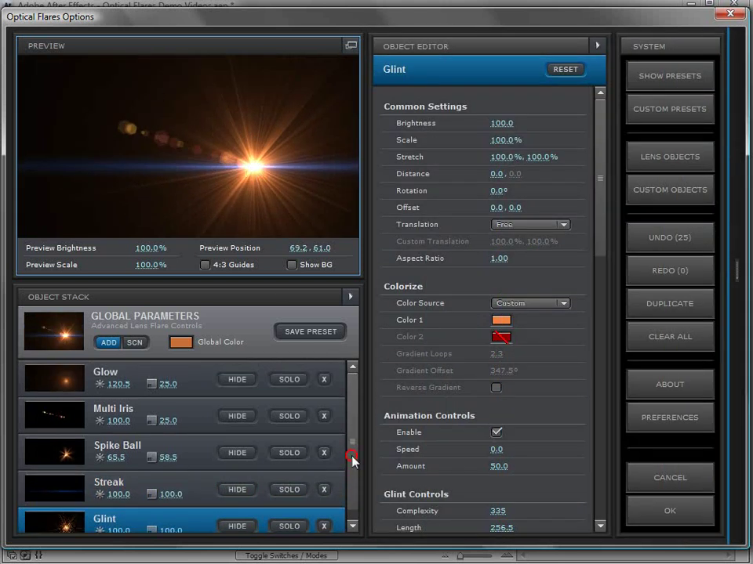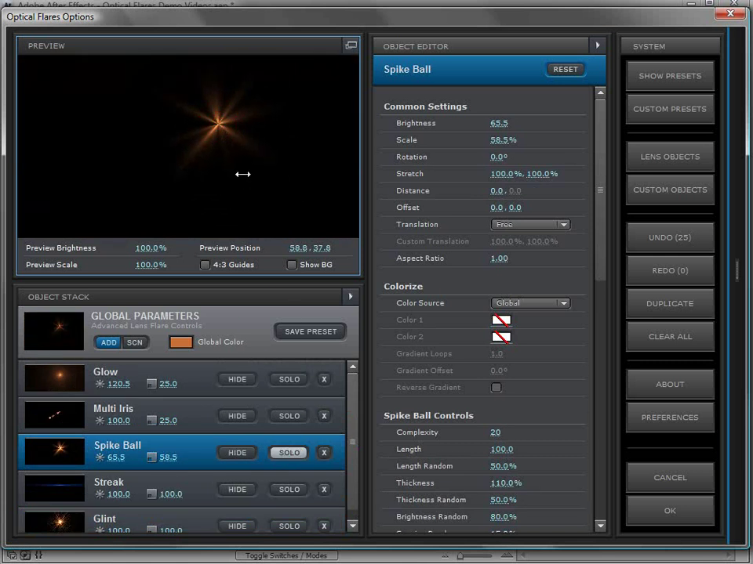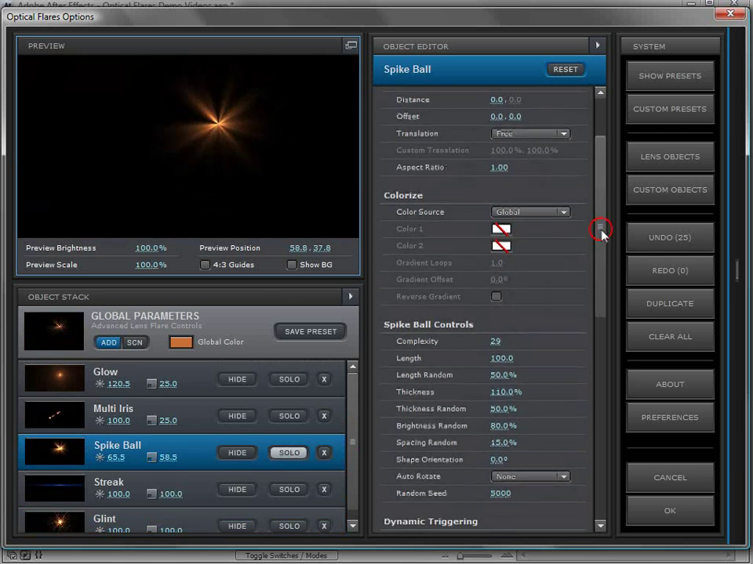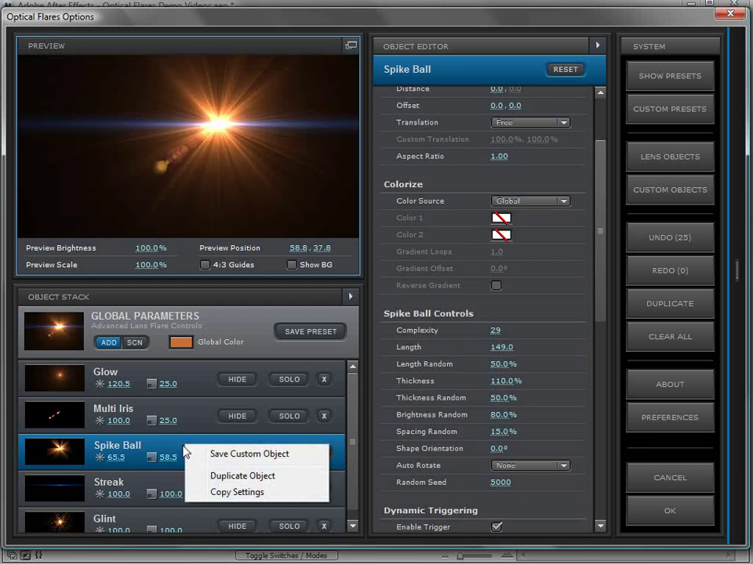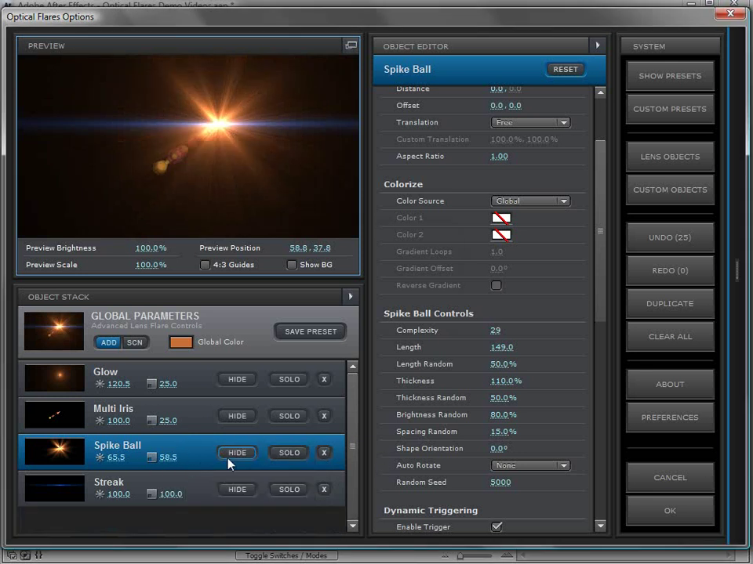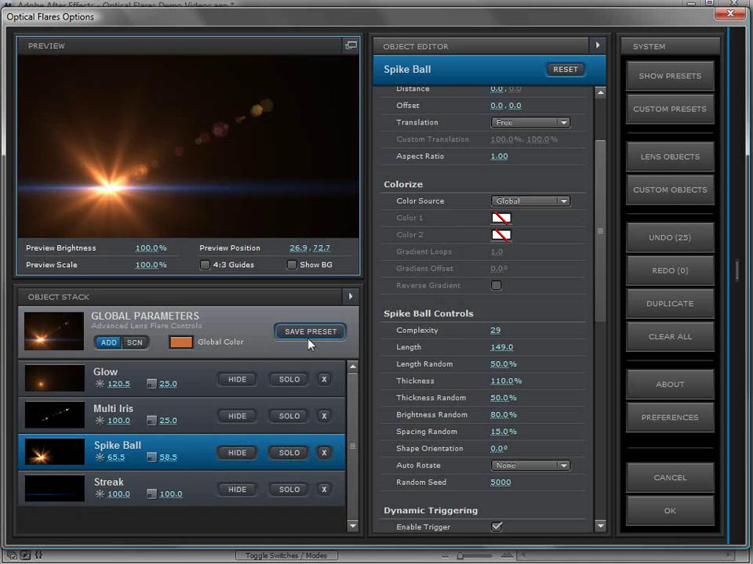But what if you make one that you really like? This spike ball is just amazing. I've changed the settings and I love it. Well, we can just right click on it, choose Save as a Custom Object, and then that object will become available. Now, if you want to save the entire lens flare, just click Save Preset,